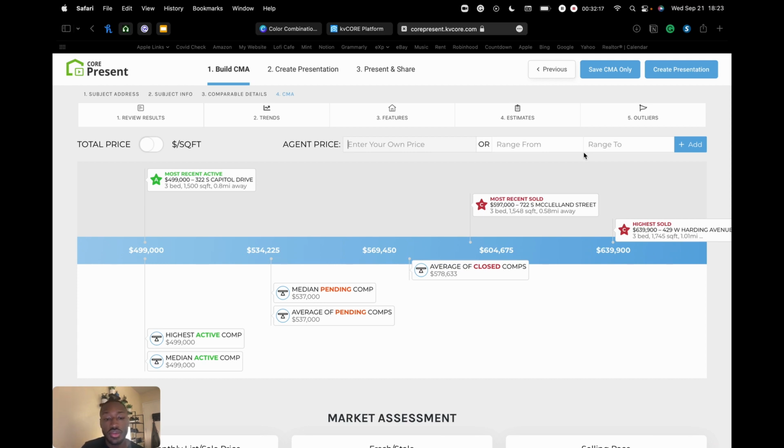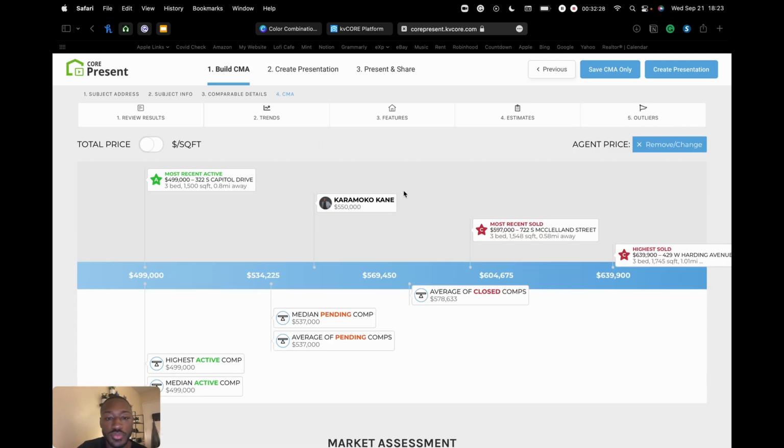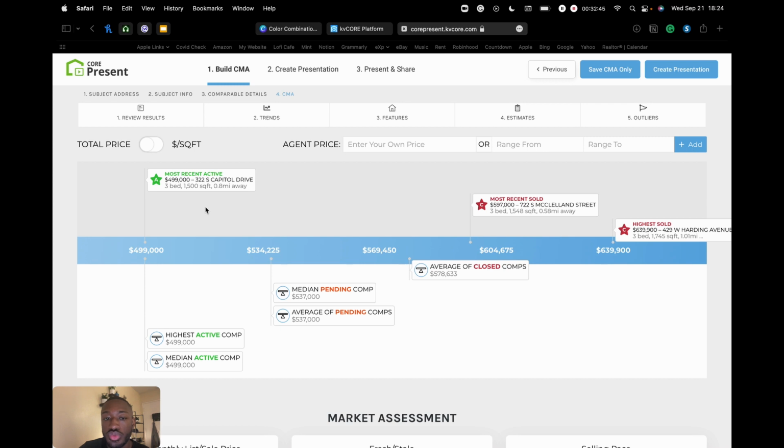Let's say I think that this property should be priced at $550,000, so I could put $550,000 right here, and then go ahead and press the add button. That will add another entry on this pricing spectrum where my seller would be able to see that I am thinking of listing the property for that price based on all this extra information. If you don't want to put a set price there, you can click the remove, that will take that off,